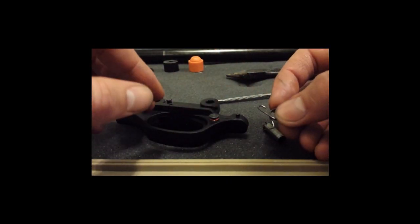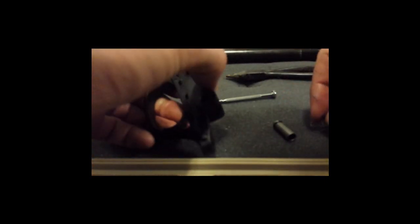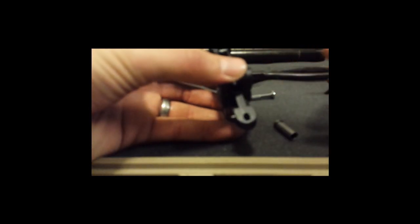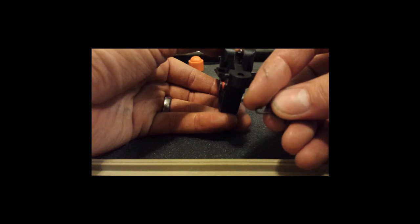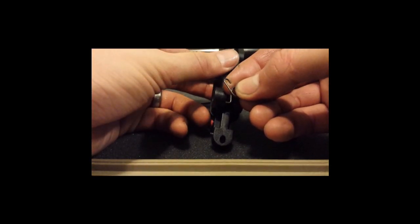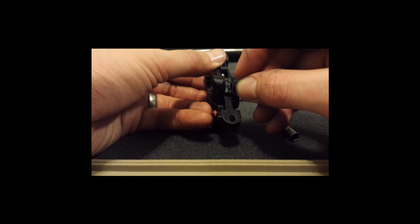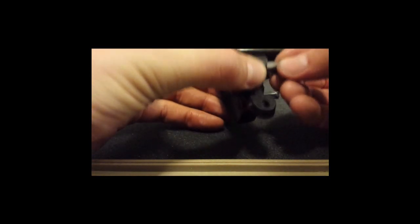This piece is not that difficult to get in, but it's not going to be easy either. You're going to need something to force it down while you insert the shaft. So I am going to go ahead and do that now. It sits in here like this. It's hard to see, but it does fit in there. The hooked portion here goes up inside the body, and this little pin here on the bottom sits right up against one side of this. So go ahead and set it on the side, set it into place,